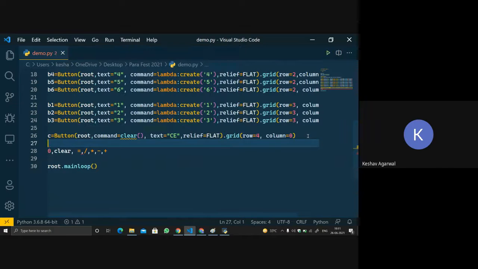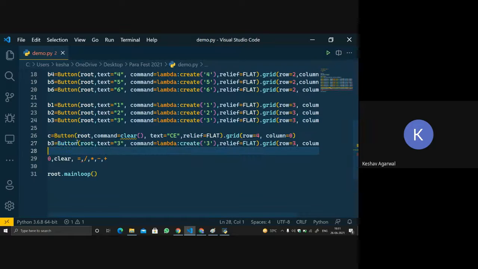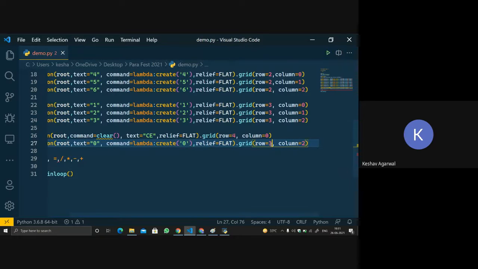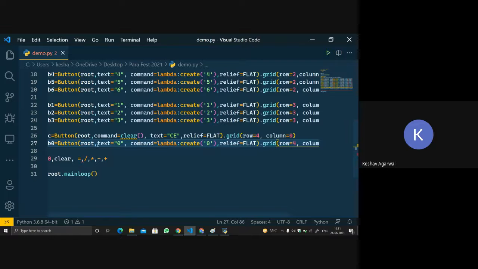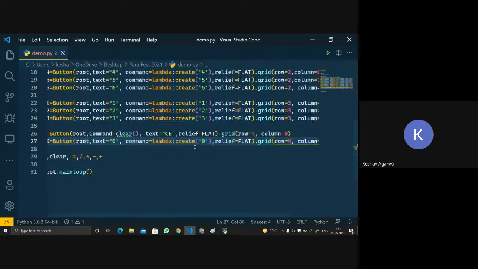Let's copy the code now instead of writing again and again. Let's do it 0 and rename the button name to 0. Lambda function create 0, and there should be 4 comma 1. So text is here, fine. Okay, so we are done with the 0.